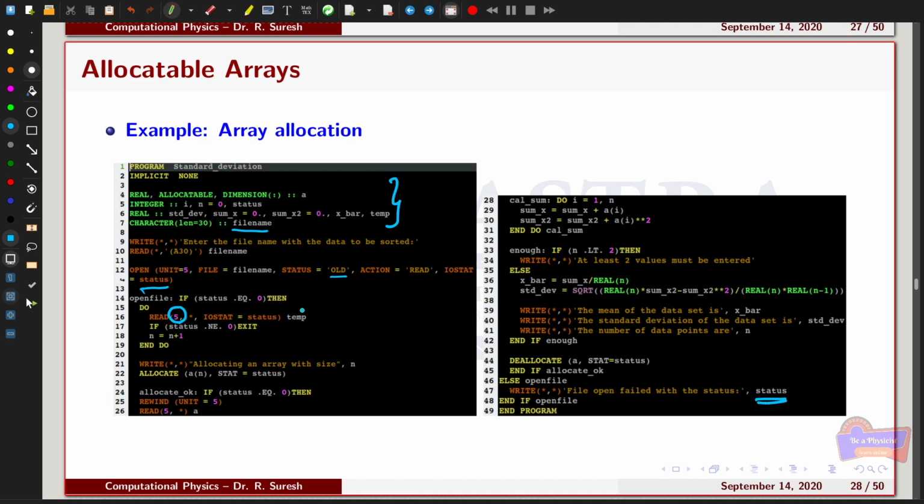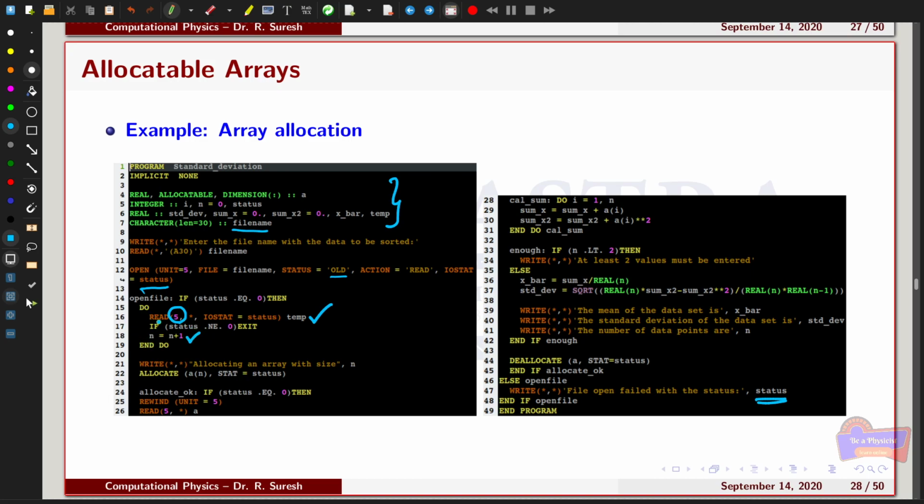The values will be stored in a temporary variable called temp. If the status is not equal to 0, then it will exit the loop. Otherwise, when the status is true, n will be incremented by 1. This will go on until it reaches the end of the file, that means the status will not be equal to 0.